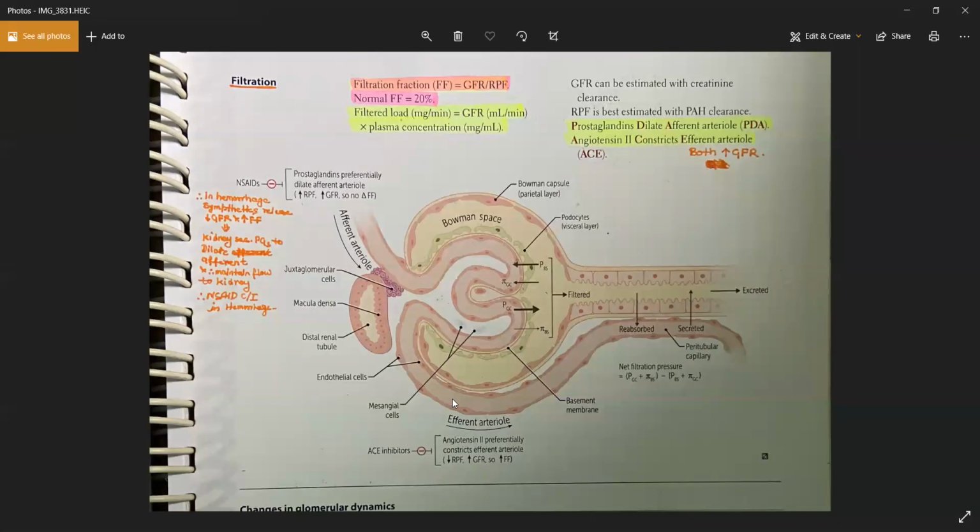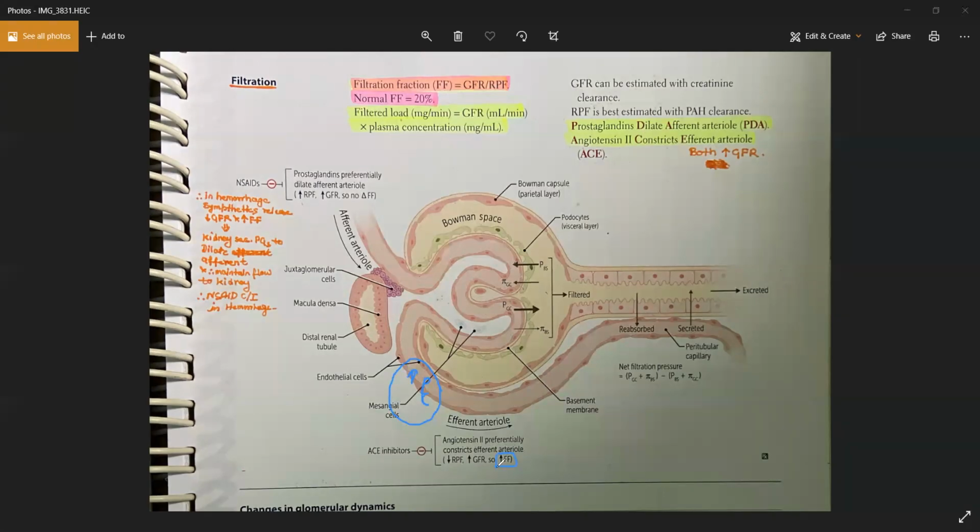Whenever the efferent arteriole is constricted, due to the constriction you will have an increase in the hydrostatic pressure in the capillaries, right? Whenever you have an increase in the hydrostatic pressure inside the capillaries, can you have more filtration? Yes. And as a result, whenever you have a constriction of the efferent arteriole, you will have an increased